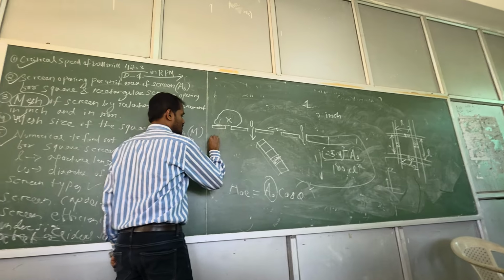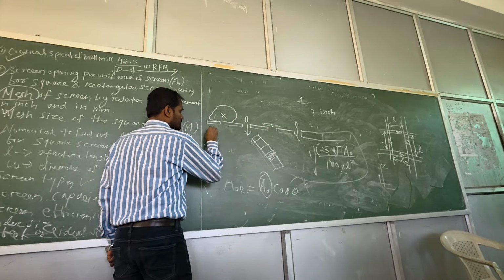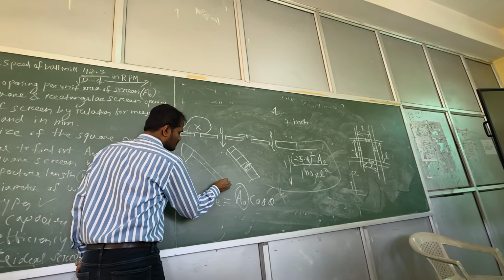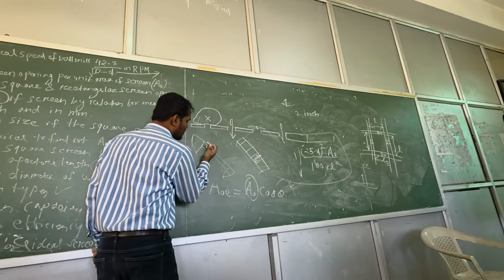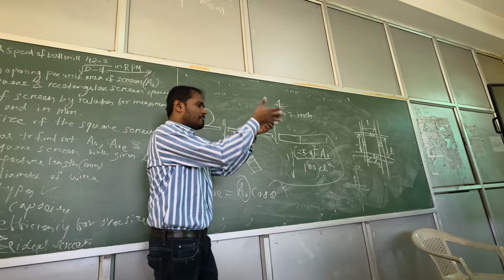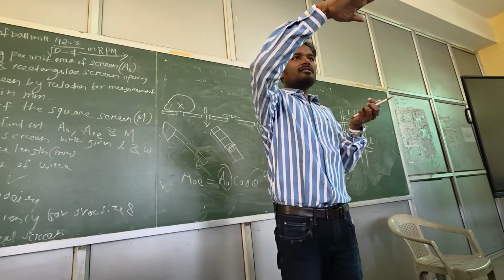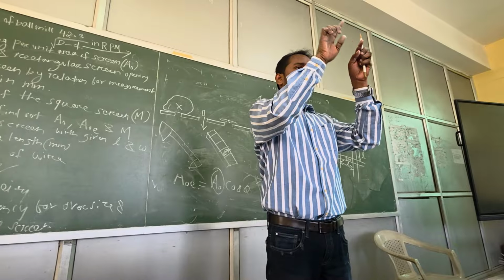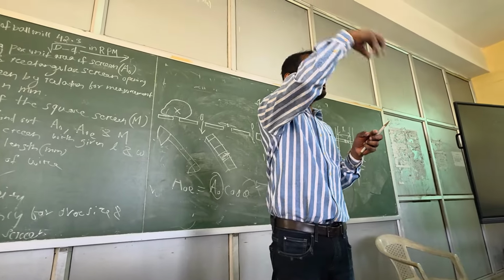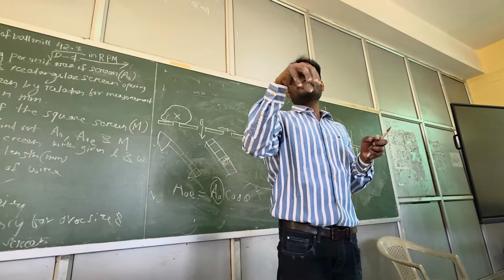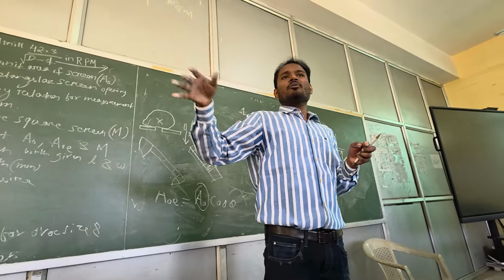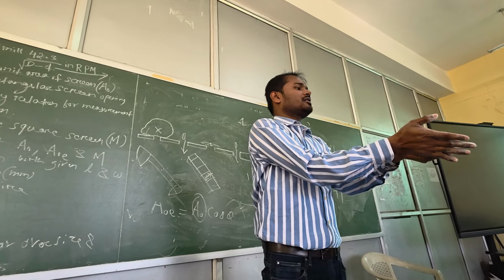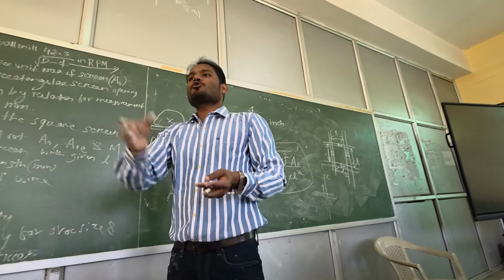I can draw like this. At the bottom part they are tapered, but the top part is flat. The bottom part is tapered so that there will be no jamming. If they are completely parallel, the particle may get jammed in between the screens, in between the apertures. But the aperture is flat at the top and the bottom part is tapered, narrowing down. Those are actually called rails.